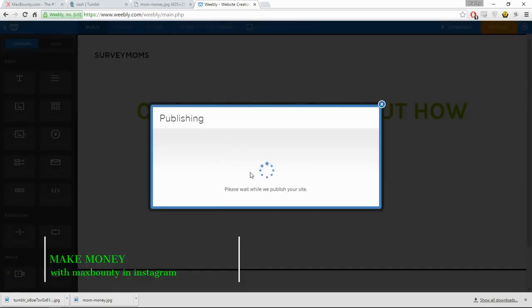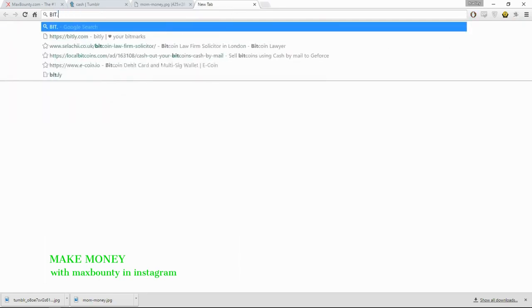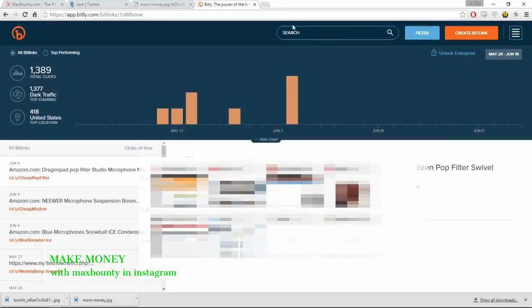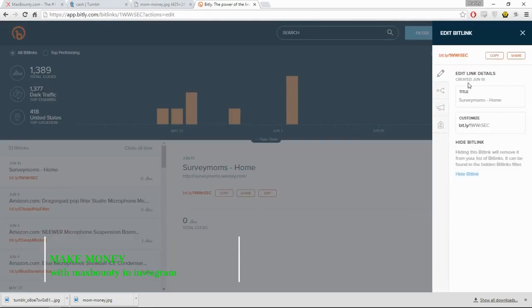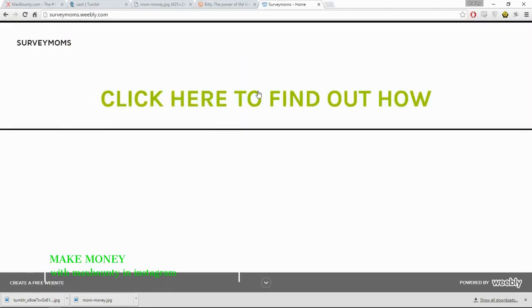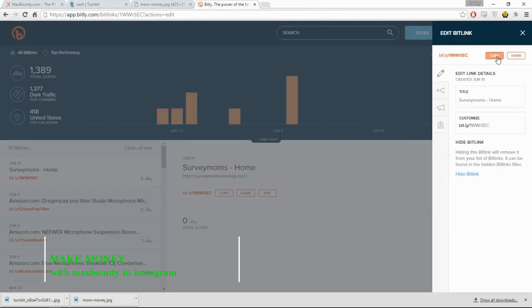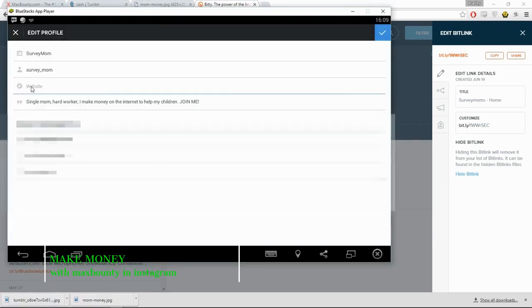Now once you have this URL here, you can then go ahead and go to something like bit.ly. Once you have the URL from your Weebly account, you can then go and paste it into bit.ly or any URL shortening service here. Copy it, and then once someone clicks on this bit.ly link, it's going to take us to our website here, and then they're going to be able to click here to find out now. So copy the bit.ly link here, go back to your Instagram, and then you want to paste the bit.ly link into the website. Click the tick,